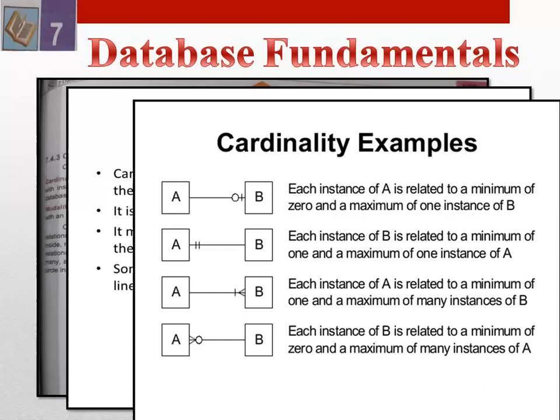Suppose we have the student and the seat. Cardinality: one student can fill a maximum of one seat, and one seat can be filled by a maximum of one student. So each side of the relationship has a cardinality of 1. For modality, a student must fill at least one seat, and one seat must be filled by at least one student. So here cardinality and modality is 1-1. The relationship is 1-1.